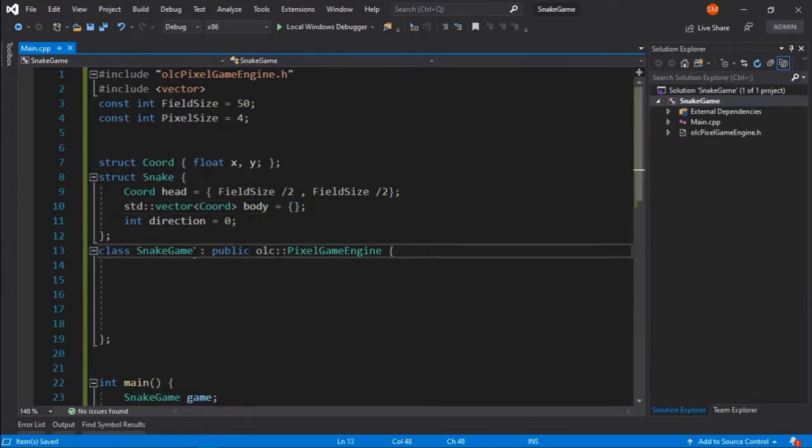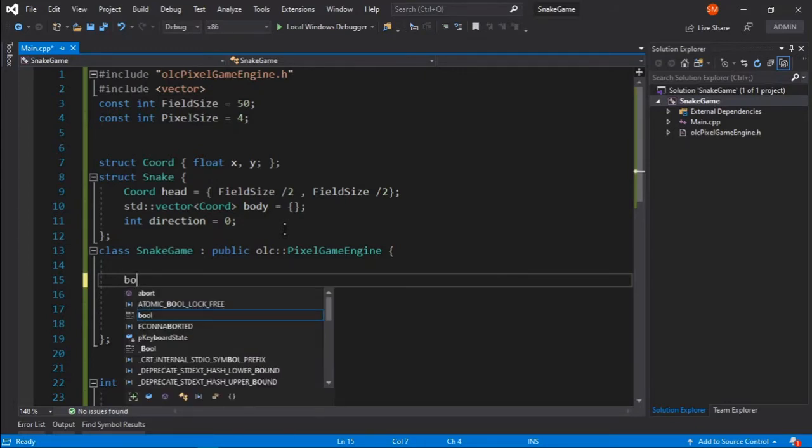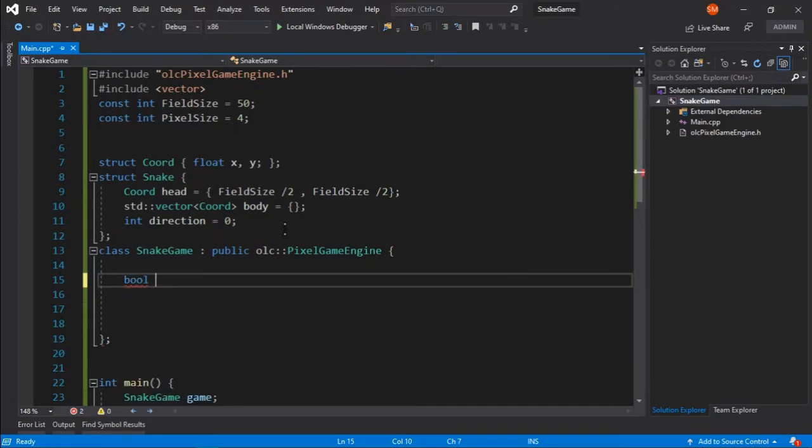Okay, so what we need is two functions here. They both return booleans, signifying that they are running successfully.